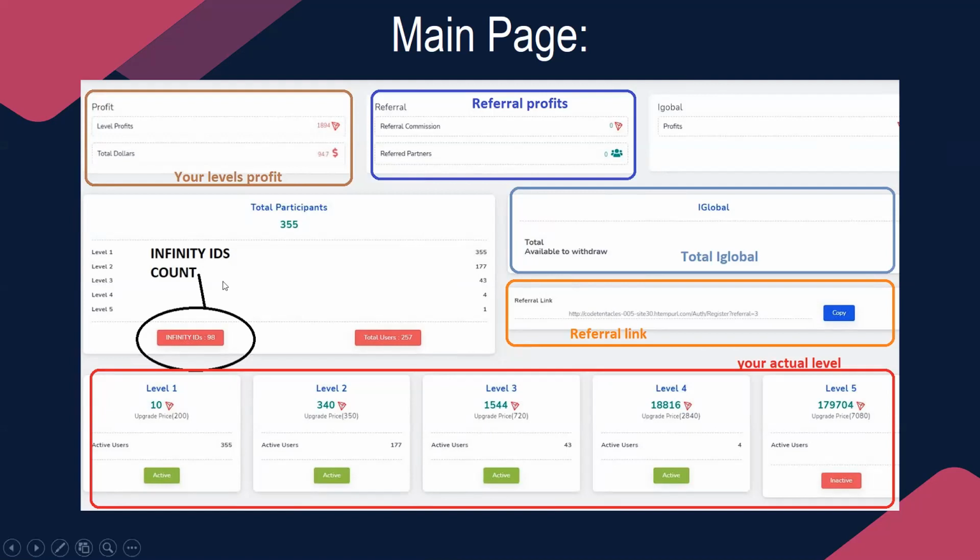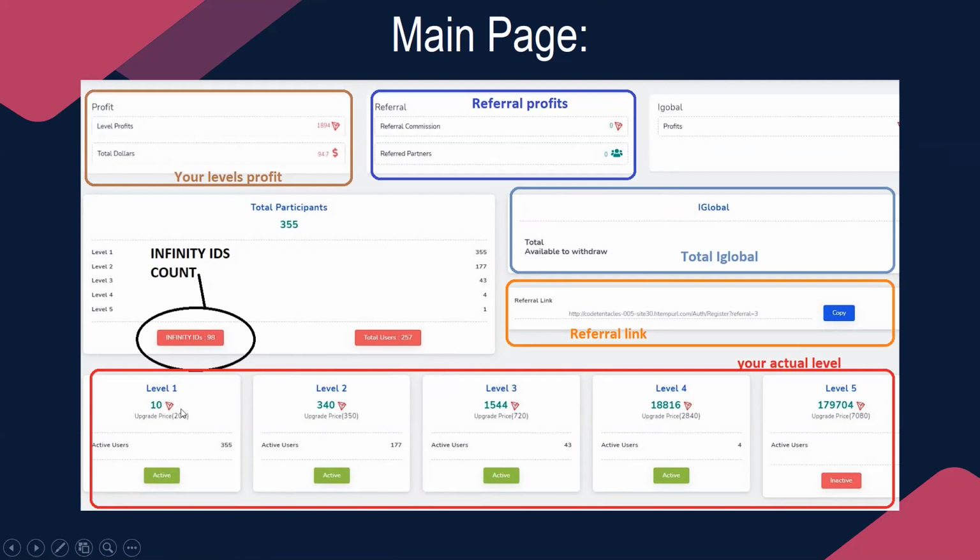And where is the mouse? Okay. These are the Infinity IDs created by the system. These are the real ones. This is the total, and this is the distribution of IDs depending on the level. So iGlobal, total of the iGlobal last 24 hours. And here we have the referral link, your personal referral link, and here are the active levels that you have. So the active levels that you have are in there, and just for a reminder or notice,